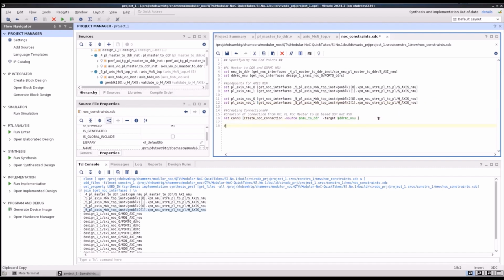We'll then use the create NOC connection command to create the connections between the two PL AXIS NMU and two PL AXIS NSU instances.